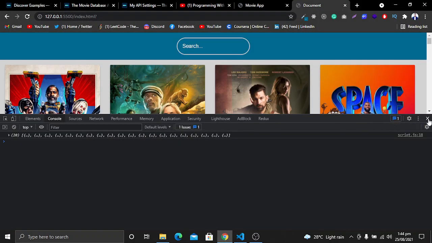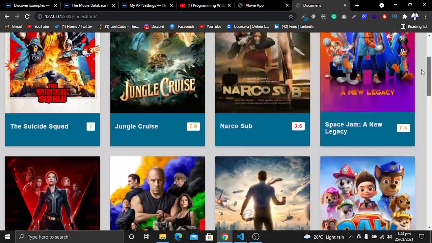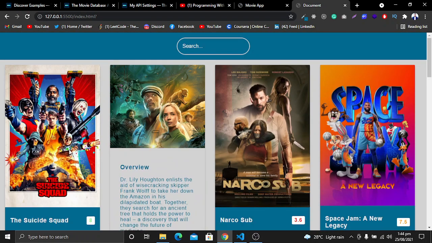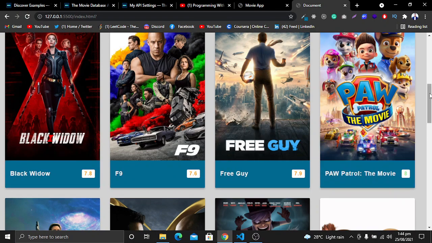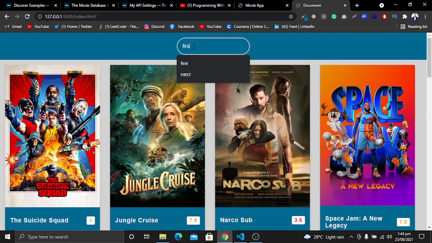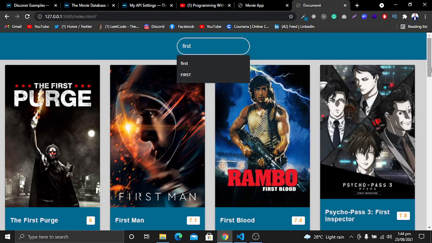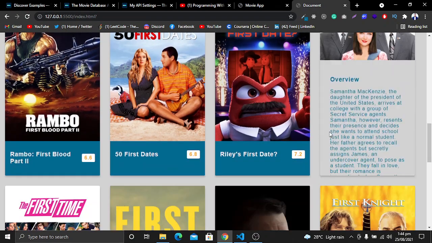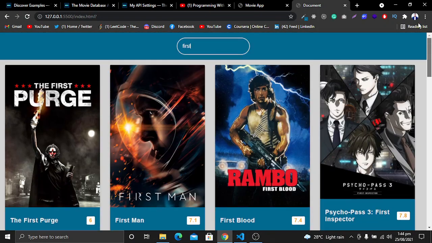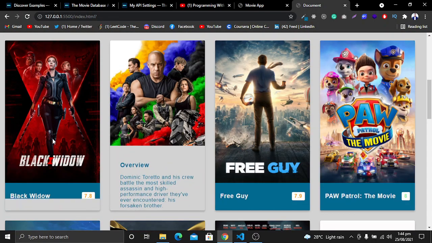Now you will see we are successfully getting all of the data from our movies, and we have successfully completed our task. Now you will see all of our code is working right now. And let's see if the search thing is working or not. So our search thing is also working. Yeah, it's looking good and amazing. We have also implemented the search functionality for it. So as you will see, our app is working properly. So let's refresh the page, and here you will see all of our movies are showing clearly.